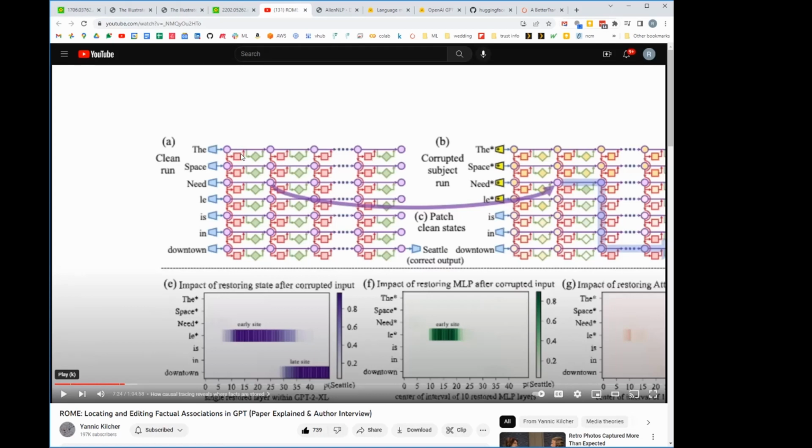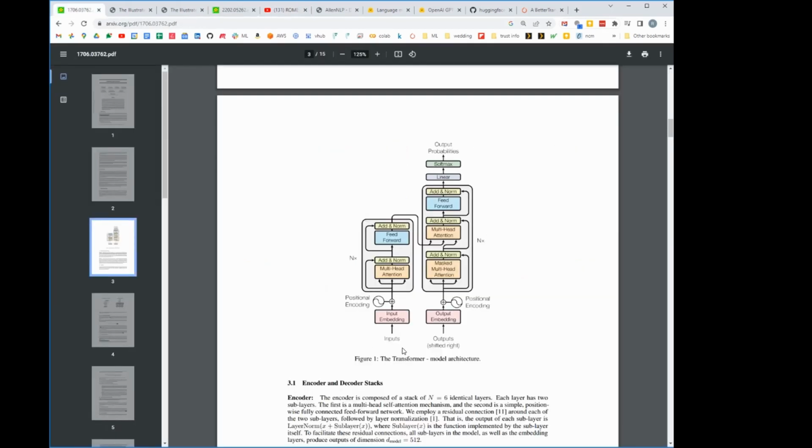Right? And so I think the horizontal line, the straight line, it looks like it represents the residual. Yes. If you look in the original transformer diagram, the little yellow boxes are the pluses, where we take the straight through data and we add the data coming out of the block, whether it be the attention block or the feed